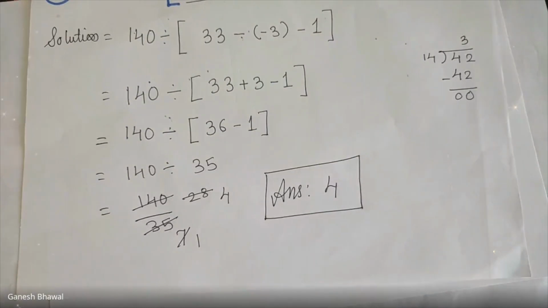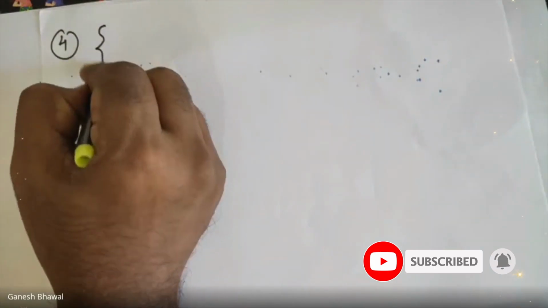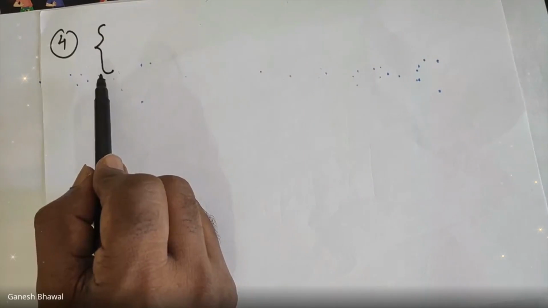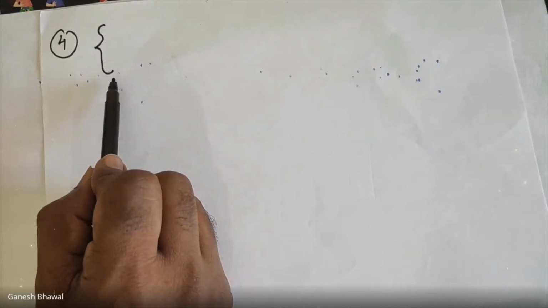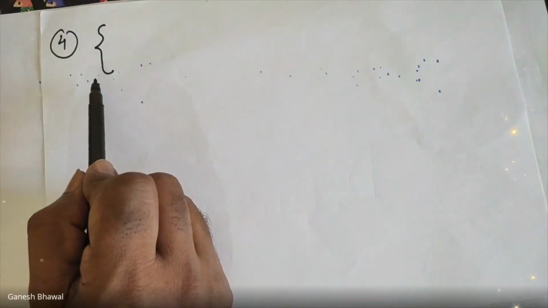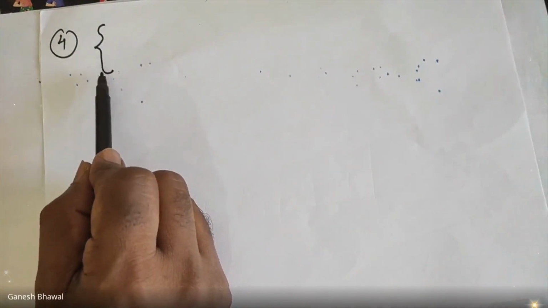If you have written, then we will start the fourth sum. Shall I change the page? Okay, write down the fourth sum. In the fourth sum, we have one different bracket. This bracket is called the curly bracket. What is it called? Curly bracket. Some of you might be having curly hair. Yes or no? So that is curly.